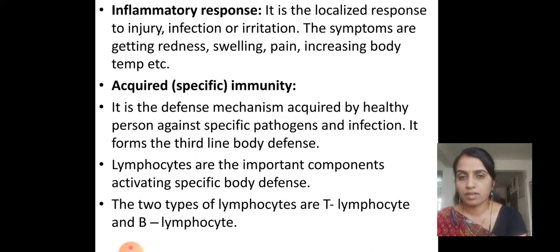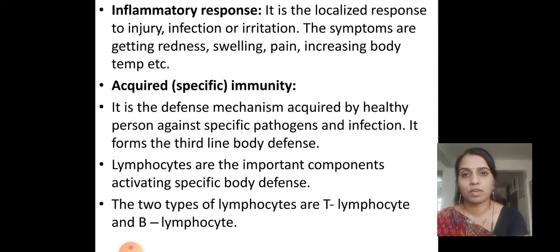And if that kind of symptoms are seen in a particular place of the body, not overall or everywhere in the body, that is the kind of action for causing the death of the infectious body, because increasing temperature is responsible for trying to kill the microorganism. At that temperature they may not survive. The body is trying to increase the temperature so that they will die and further infection will be avoided.